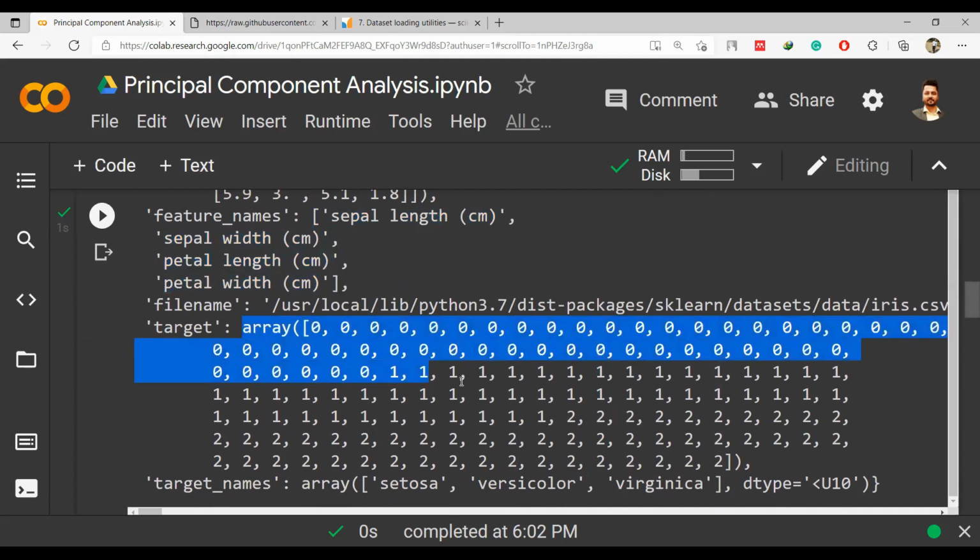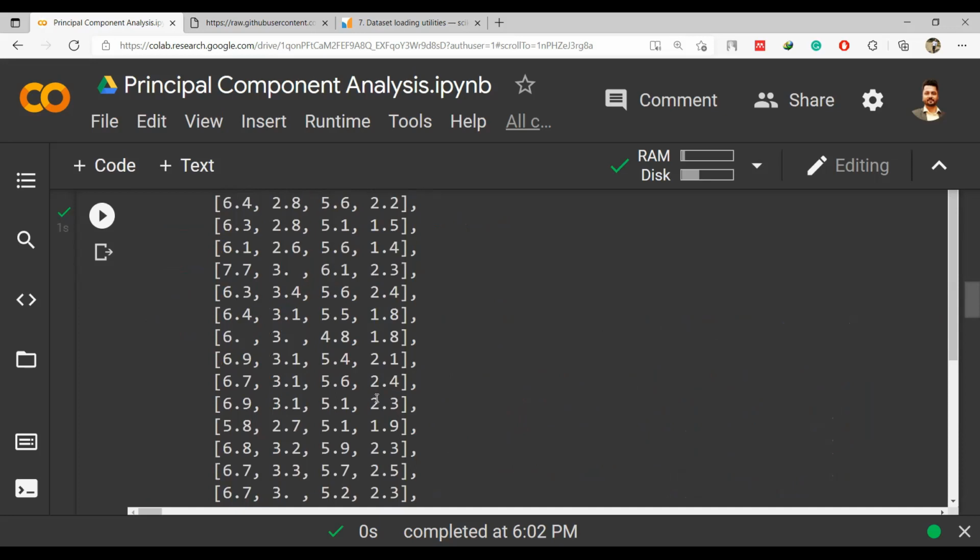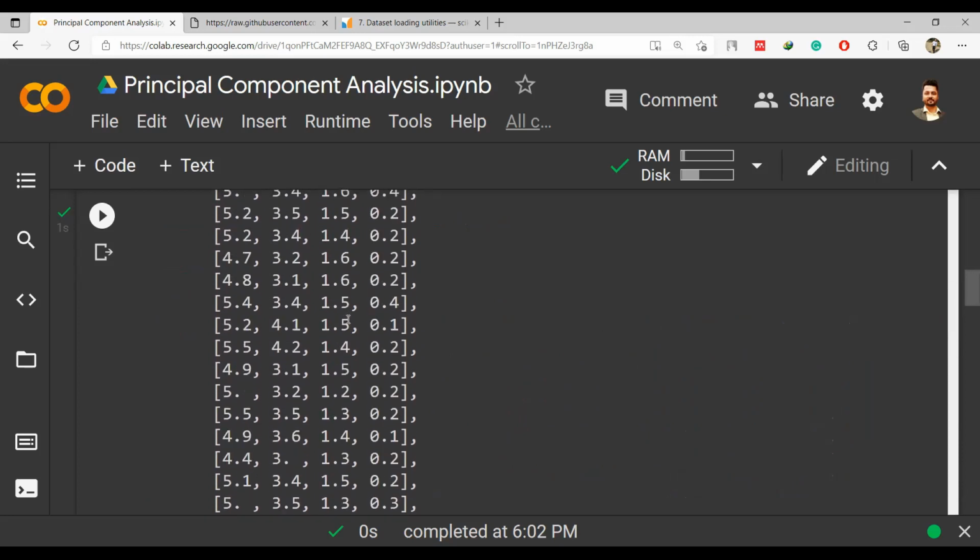Target value means that initially we had the names Setosa, versicolor, and virginica, but in this version of the dataset, they have been assigned numbers. These three classes of flowers have been assigned numbers 0, 1, 2 as the default values. And this is better for us because in any case our model will need the classes in terms of numbers rather than names. And target names are also there. There are total 5 components in this. Let's see which 5 are there.